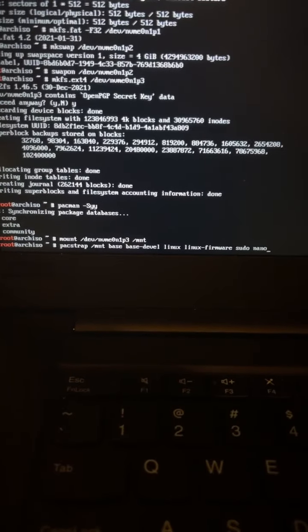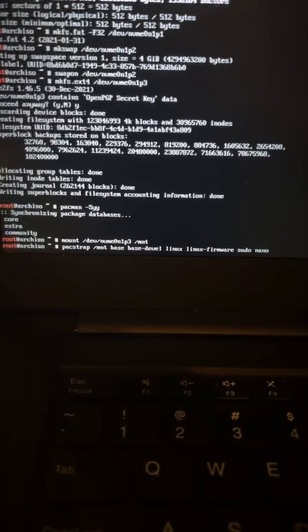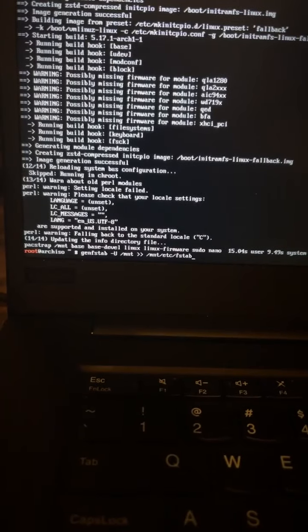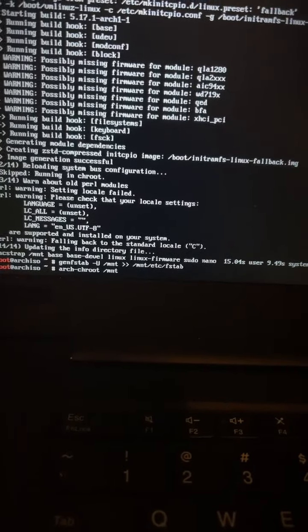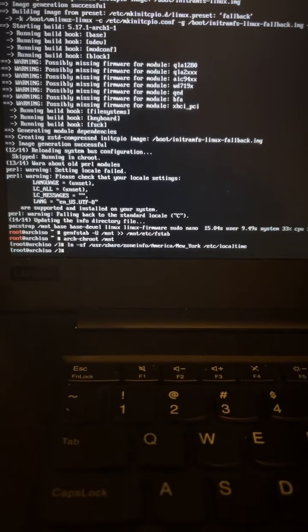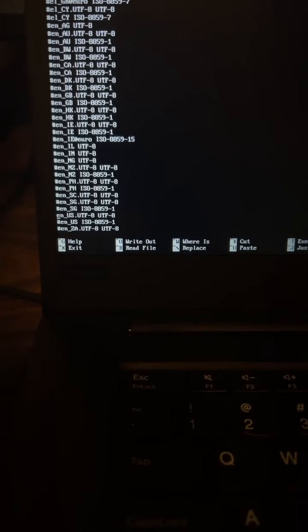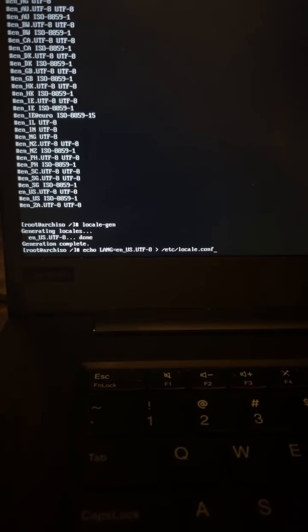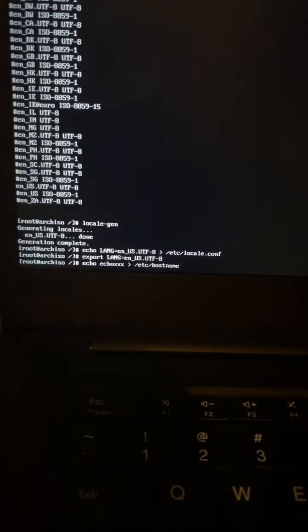3 to mount. I'm gonna use pacstrap to install the base packages, the Linux kernel, Linux firmware. Alright, we're gonna generate the fstab, change root into the new system. I'm gonna set the time zone America, New York, edit the locale, uncomment English US UTF-8, generate the locale config file, create set language variable export, set a host name, add name to hosts, there we go, exit and